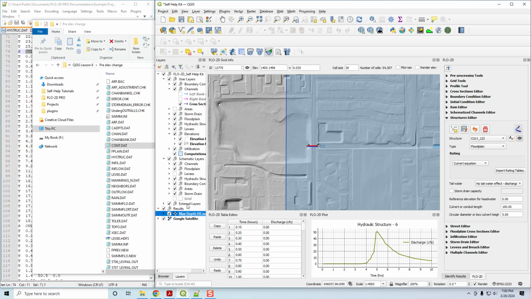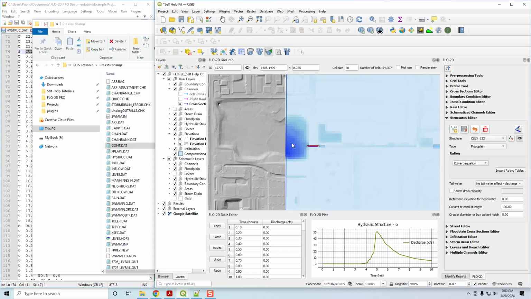Oh, it's under our elevation. Sorry about that. I need to put my elevation below my results. Let's see. So, hang on. Let's put our elevation right here. Okay, there we go. So now you can see that in one of these runs, I can't remember which run I grabbed,